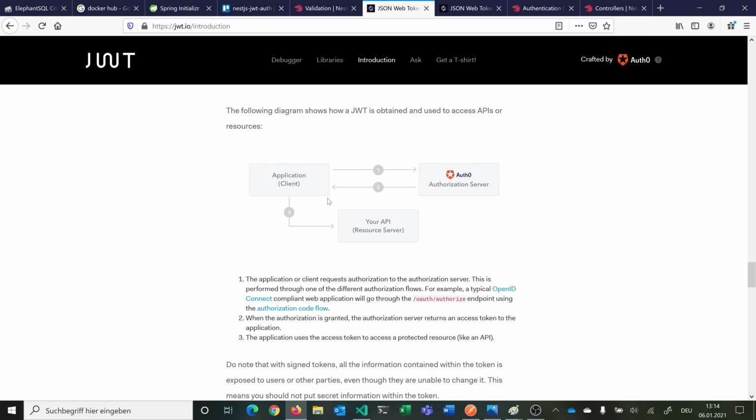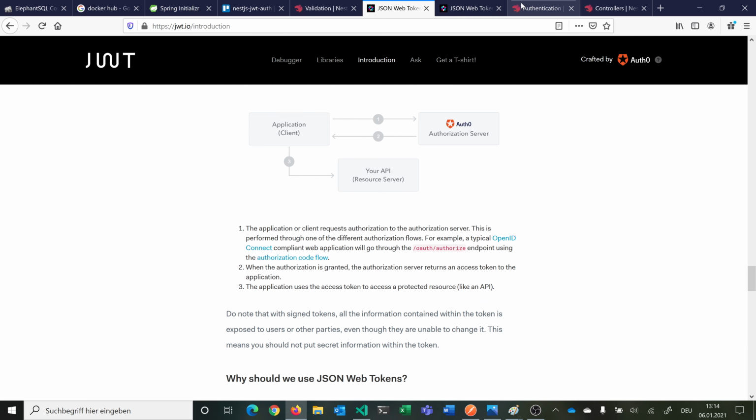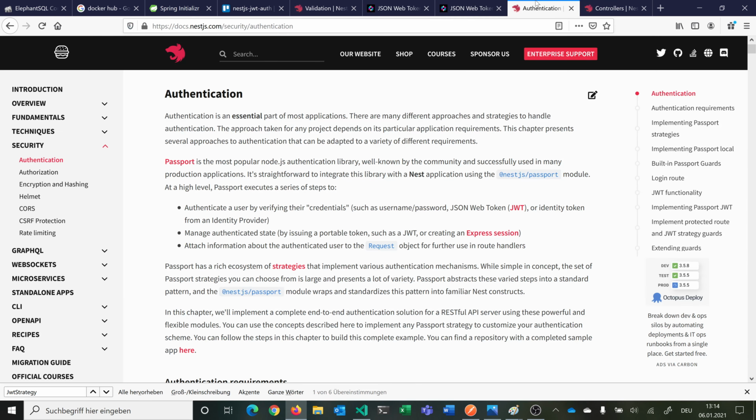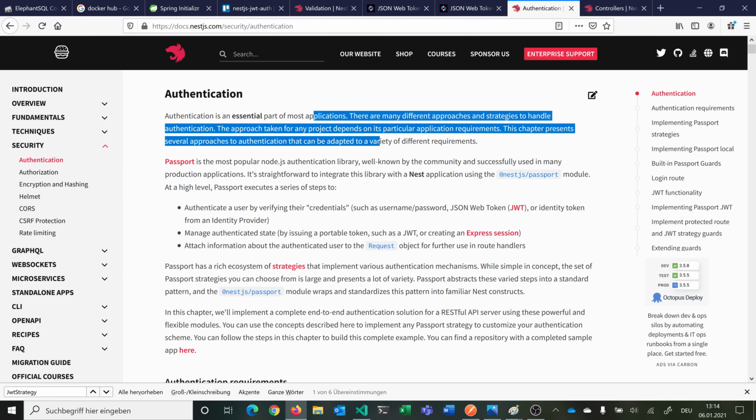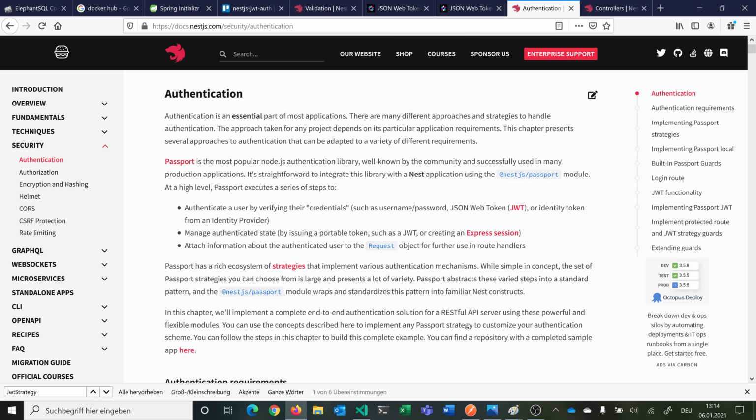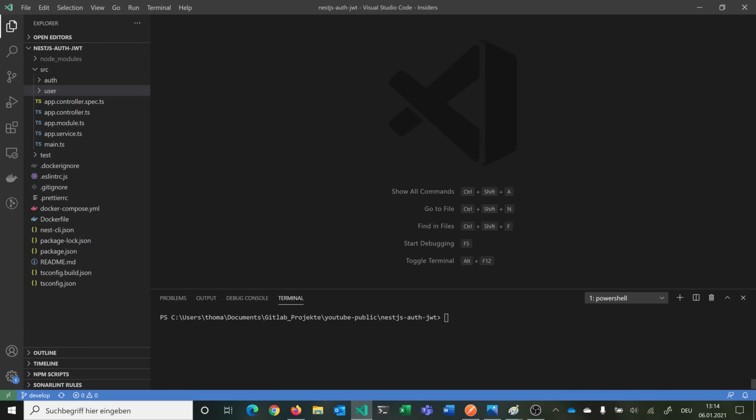And now we want to implement this in NestJs, and for this we can go over to the authentication part of the documentation of NestJs. We need this in nearly every application, and Passport is one of the most popular Node.js authentication libraries, and we can implement this by using the NestJs Passport module. So we can already install it. We can go here in our code,